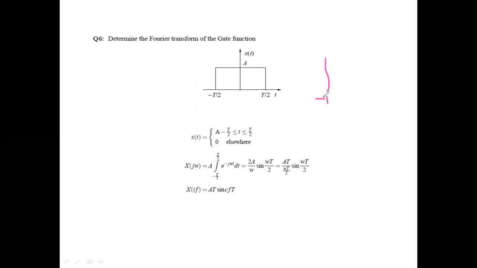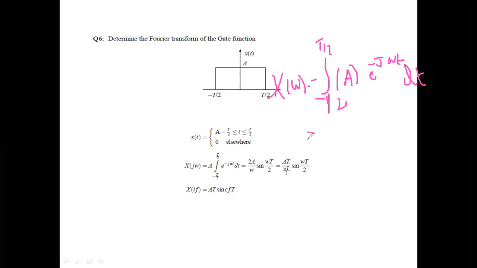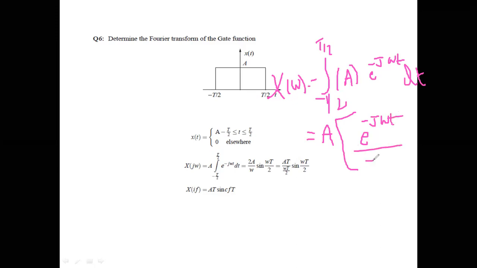Given the gate function from minus T/2 to T/2 with amplitude A, X(t) e^(-jωt) dt. Okay, my dear students, X(ω) is equal to A into e^(-jωt) whole divided by -jω, evaluated from minus T/2 to T/2. That is equal to A